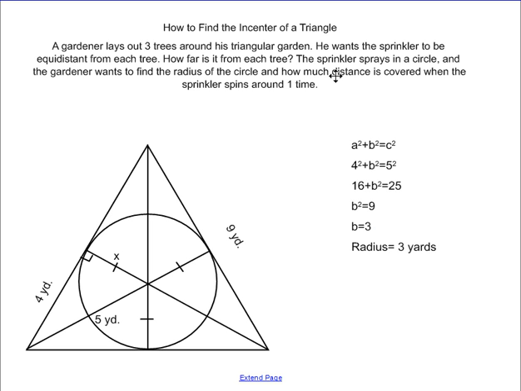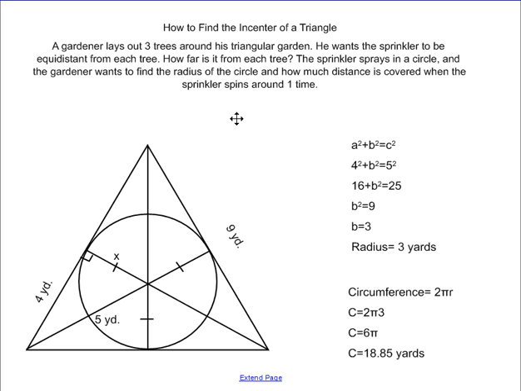However, the farmer also wants to know how much distance is covered when the sprinkler spins around one time. So now we will use the circumference of a circle, which is 2 pi r, and r stands for radius. So we know the radius is 3. So c equals 2 pi times 3, which can also be c equals 6 pi. So the circumference can equal